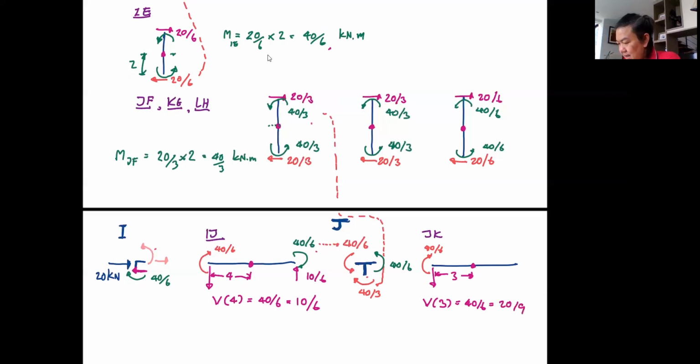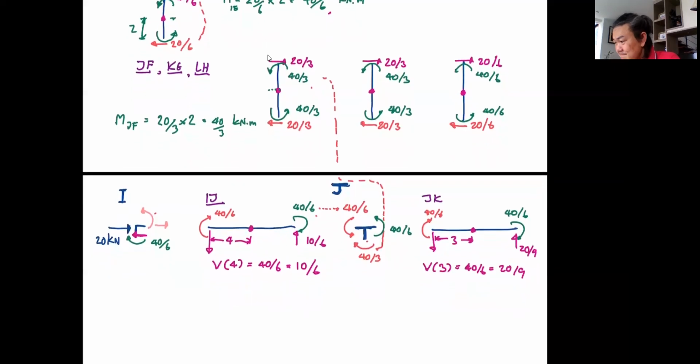And yeah, now you know you can carry on and achieve the same thing here. Okay, 20 over 9. And the moment here should be 40 over 6. Okay, you see, it's not difficult at all. You just need to concentrate. Okay, and I think similarly, you can do the same with member